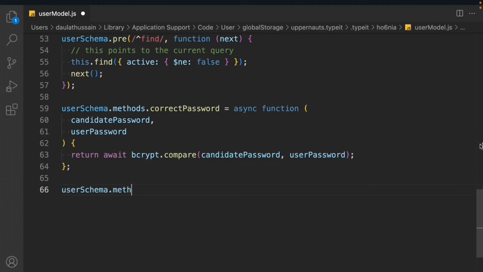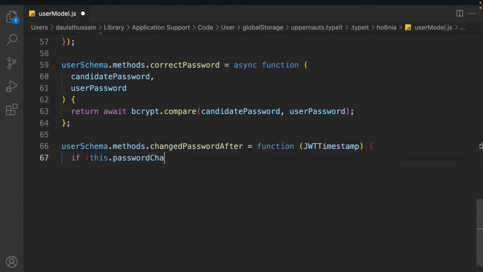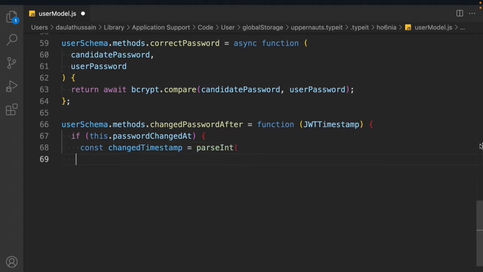So we'll call this user schema method, then we have to call this changedPasswordAfter. So this will allow us to check whether the user has changed the password or not. We just build the function, and in that we have to do the check. So the timestamp, we have to pass the time. So we'll say this.passwordChangedAt.getTime(),